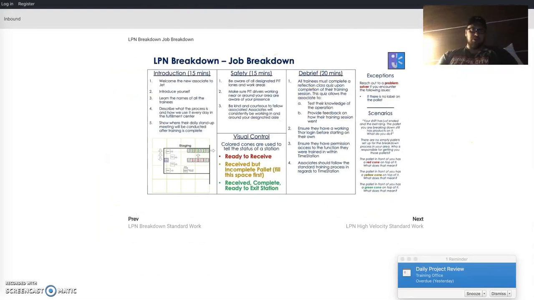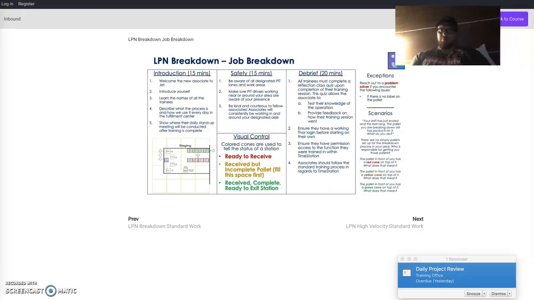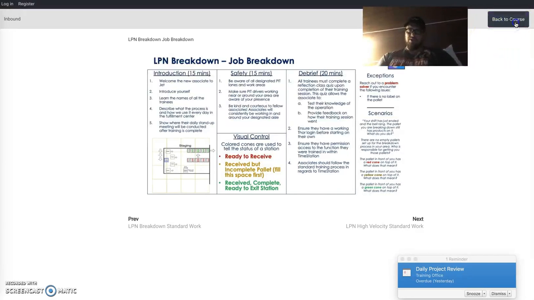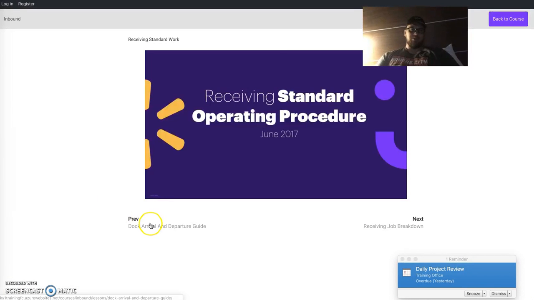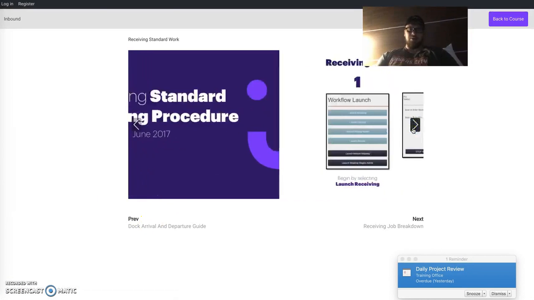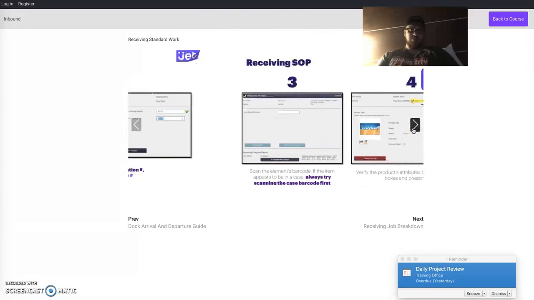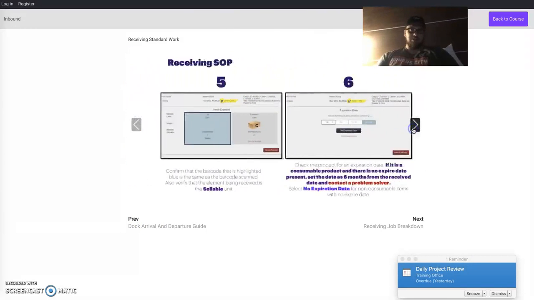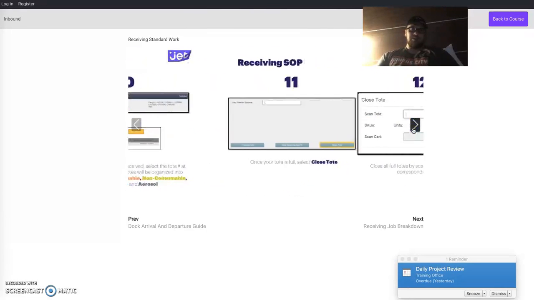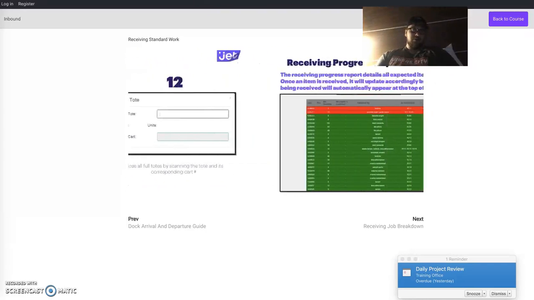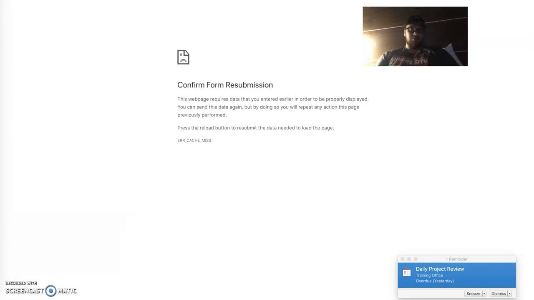So I'm briefly going to toggle back over to what the receiving document was and how we simplified it, and that way you can see some of the changes that have already been made in order to make this process that much smoother and that much easier to teach. The whole receiving standard operating procedure, I believe, is about 15 slides or so. We were able to simplify it down into 7 easy teachable steps. So all in all, in comparison,